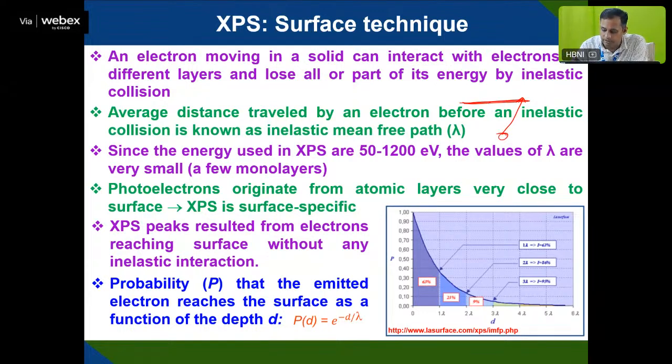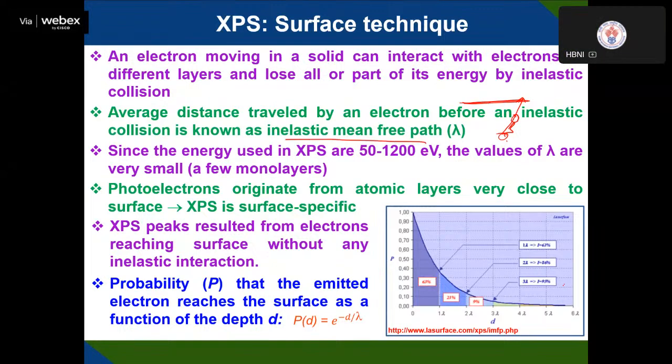So the average distance that the electron travels before facing a collision with another electron, that distance is called the inelastic mean free path distance. Since the energy used in XPS is of the order of 50 to 1200 electron volts, the lambda is